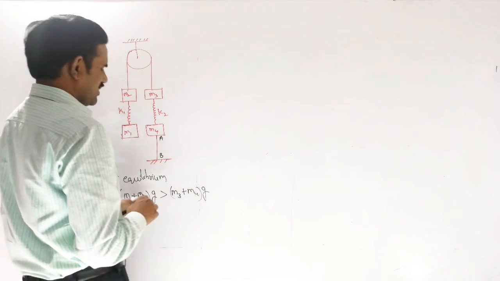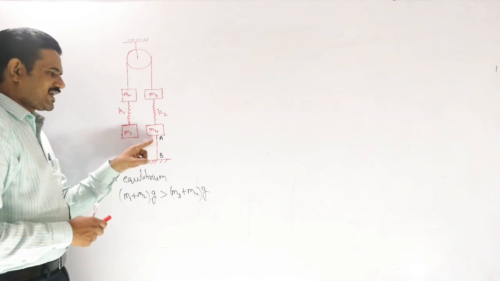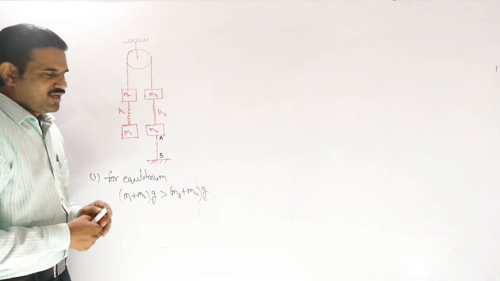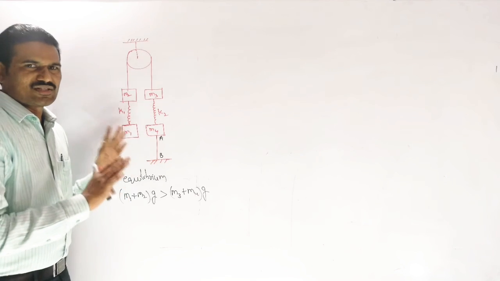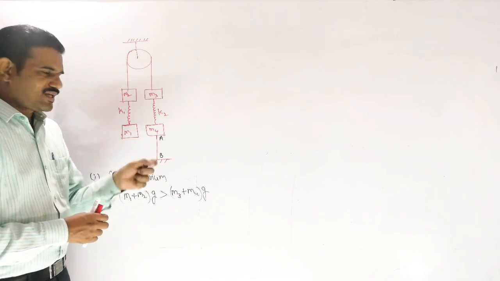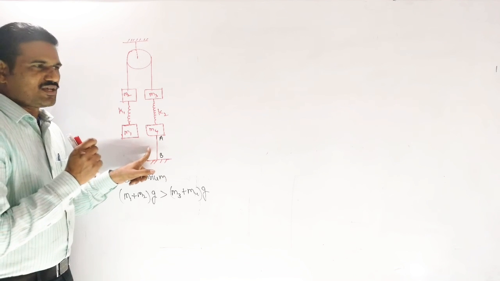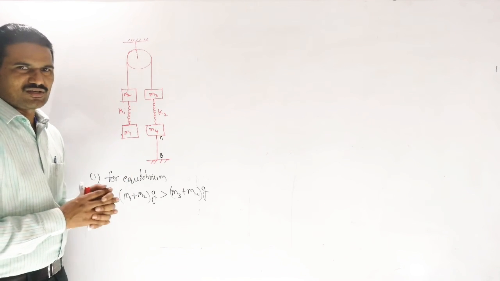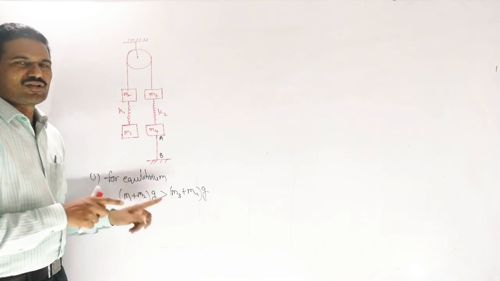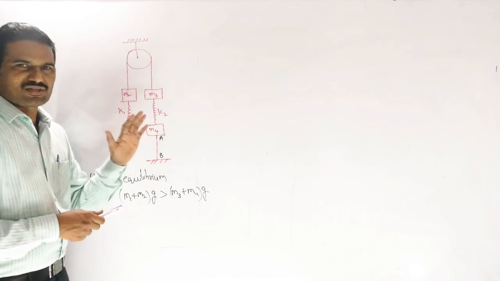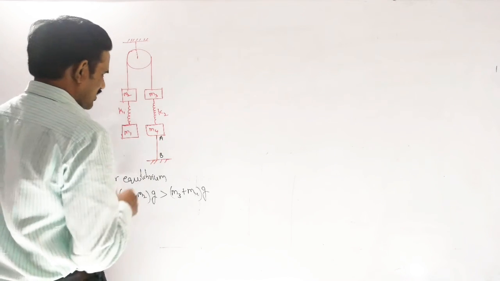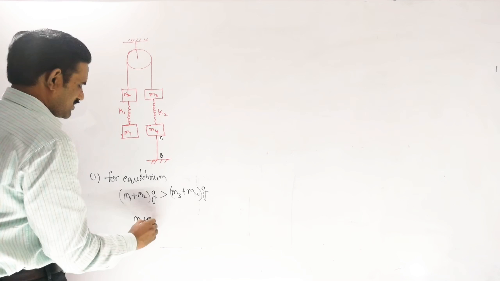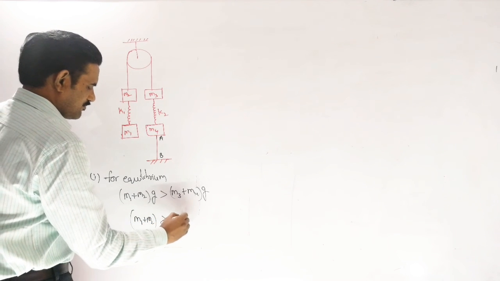And here, if they mention just equilibrium and there is no condition, you can take equality also, because if these two are equal, the sums of these two blocks are the same, and there won't be any tension in the string and the system can remain in equilibrium. So if the string has some tension, if this string AB is taut, then definitely this mass should be greater than the sum of these two masses here, right? Whether you need to take equality or not depends on the given conditions. Here I am giving it with some tension only, it should be taut here, so we take the next step as cutting that string. So I am taking that M1 plus M2 is greater than M3 plus M4 here.